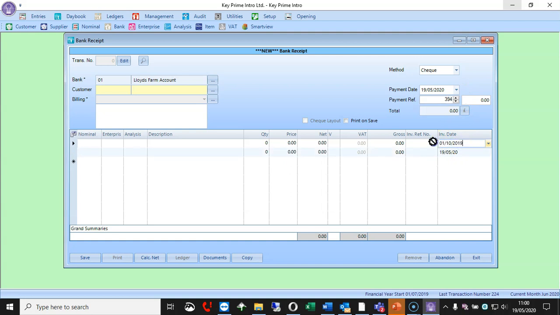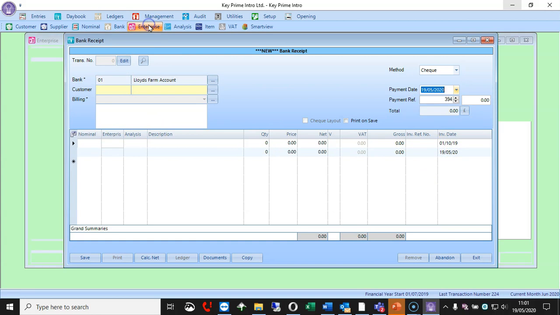Or if it came in last year's, we can put that in there, and if you're using enterprises, you could then put that was arable 19 harvest rather than 2020 harvest. So we can use enterprises too. If the money is coming in November, but it was for the last year, yes, we've got the invoice date, which we need to be careful of, but I would use enterprises.